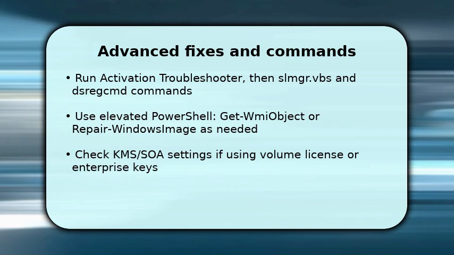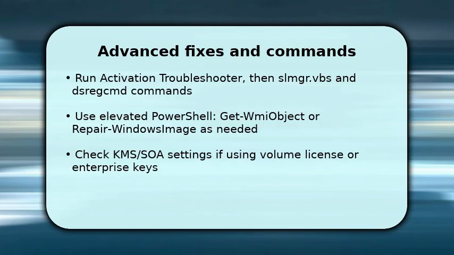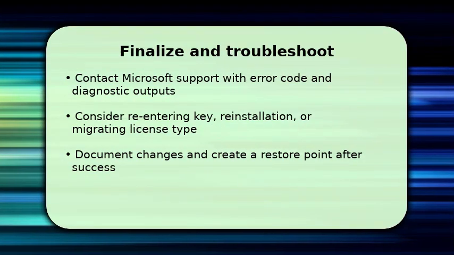DISM /online /cleanup-image /restorehealth, then sfc /scannow. Both repair files, then you finish by reattempting activation after repairs. Re-enter the product key in activation settings and run slmgr.vbs /ato one more time. If activation still fails, collect the error code, DISM/SFC output, and slmgr logs, then contact Microsoft